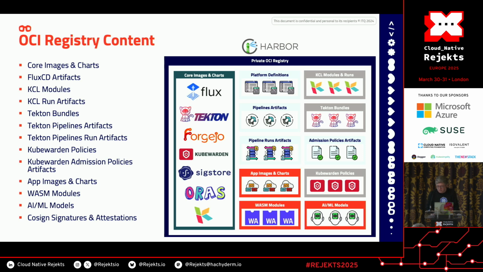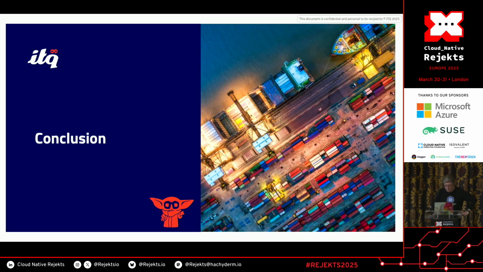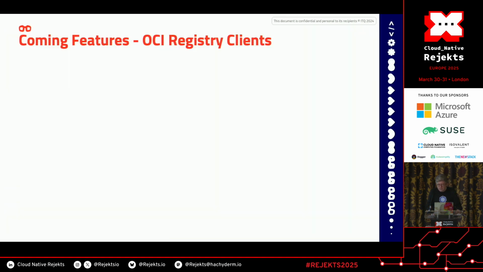So you see, content of the OCI registry is not just images or charts, but can be whatever you need for your applications, and everything can be signed, and we can add attestations as well to prove the provenance, the vulnerabilities, or whatever information you need to put in an attestation. So as a conclusion, in my opinion, more and more the OCI registry will be used for something other than just images. And I see this as well in the common features for the OCI registry clients.